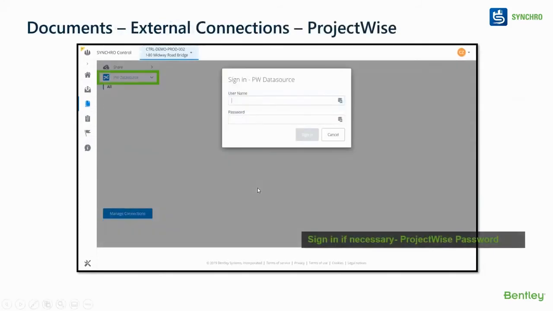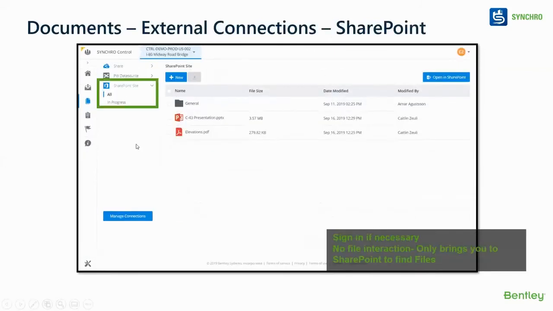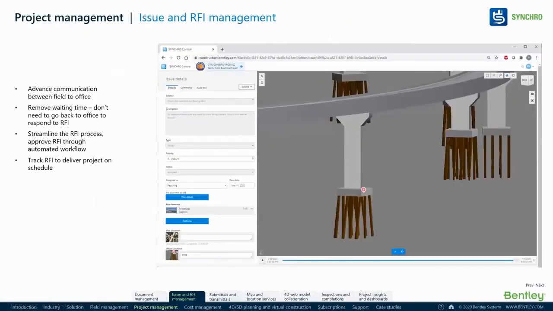All the action buttons are there, just normally like SharePoint or any other, just delete and download and all that stuff. So if you have a project-wise setup, let's say you are working on MTHL or MSRDC or any project where the client or owner operator is using this, you can attach to a data source. If you have a username and password, you can attach to it. Other than that, you can also attach to SharePoint. I'll just go to the next slide where you can see attach to SharePoint site also.